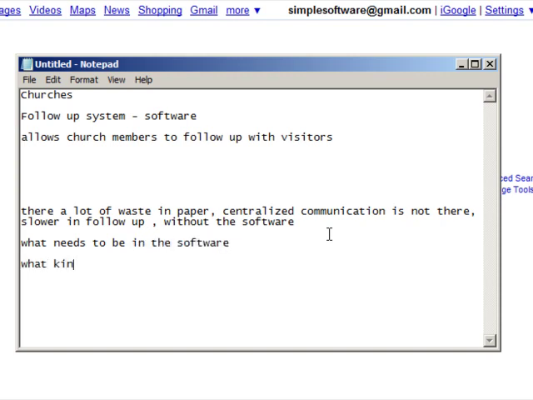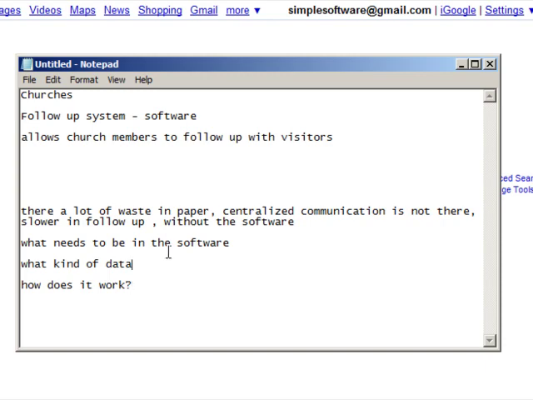What kind of data? How does it work? So if you were to create a piece of software, you would basically find out the problem. You would ask yourself, okay, what needs to be in the software? How does it work? Step by step in a logical manner. If you can create a list of logical steps, okay, what happens after you click this button? What happens after you click that button?